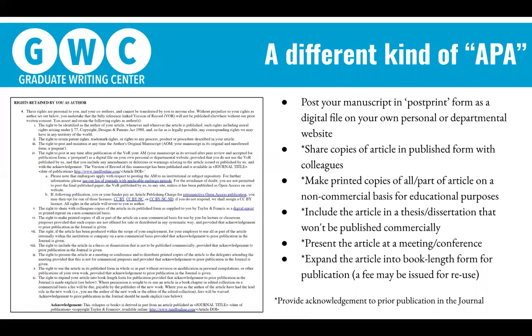And there's also a section where you are warranting certain things, such as, if it's a research article, that your research was conducted ethically. There's also a section where you basically ensure that your manuscript was never submitted to any other platform simultaneously.